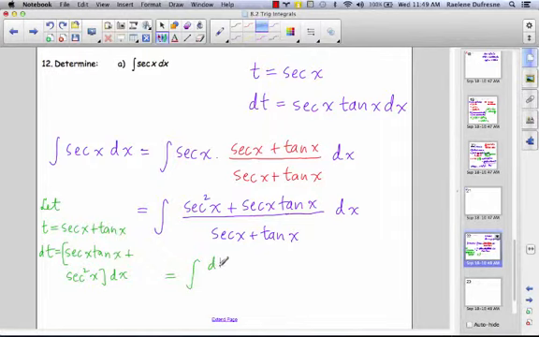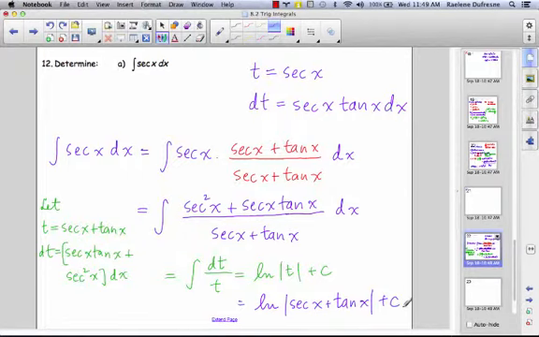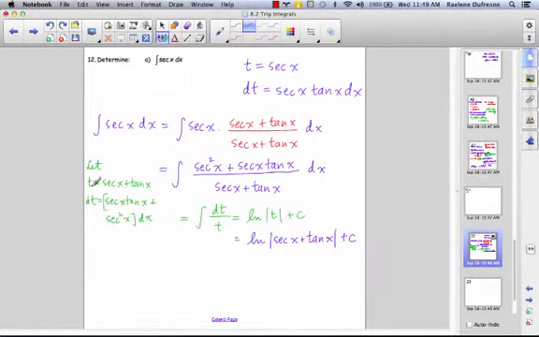So we have the integral of dt over t, which is going to integrate as the ln of the absolute value of t plus a constant, and t was equal to secant x plus tangent x. So we're going to add this result to our library of basic integrals. So memorize this, or know this one very well. The integral of secant x dx is equal to the ln of the absolute value of secant x plus tangent x